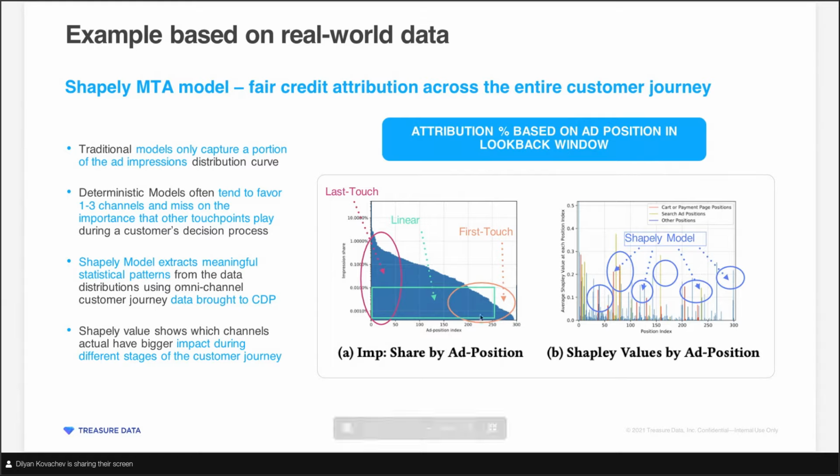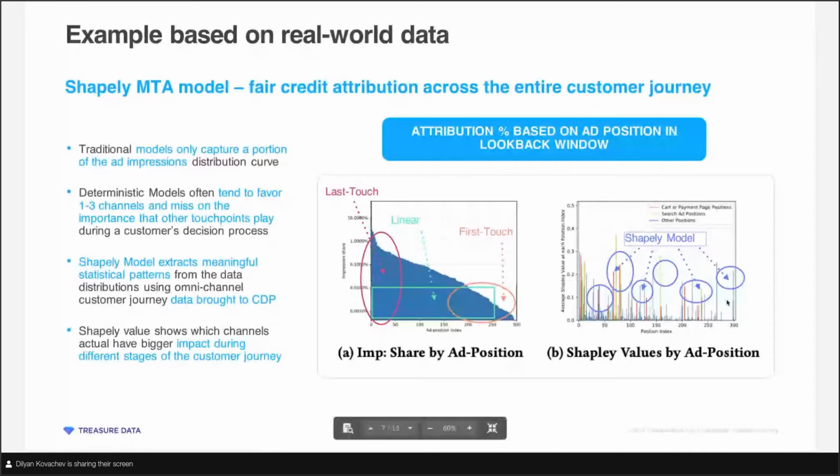So what Shapley Values does is, like I said, it uses real data. So it takes the customer journeys, it parses them, it figures out which ones result in conversions, which ones don't. We'll get a little more details into the next page of how that works.